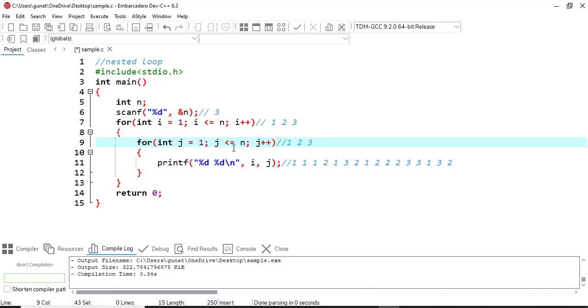J value becomes 3. 3 less than or equal to 3, condition is still true, I'll go here, I'll print my I value as 3 and j value is also 3. Then I'll go to the next iteration, j value is incremented by 1 which becomes 4, 4 less than or equal to 3, condition is false, I'll come out of this for loop. Then I'll go to the next iteration of my I value. Now I value becomes 4, 4 less than or equal to 3, condition is false, I'll come out of this for loop, that's all. This is the logic of the program and this is how the nested for loop gets